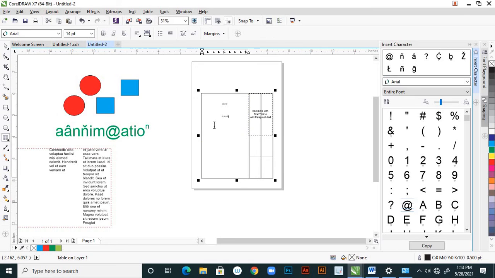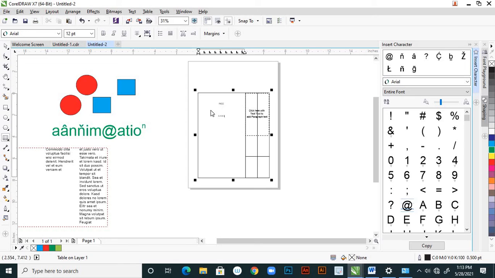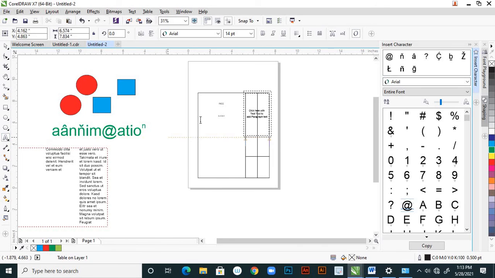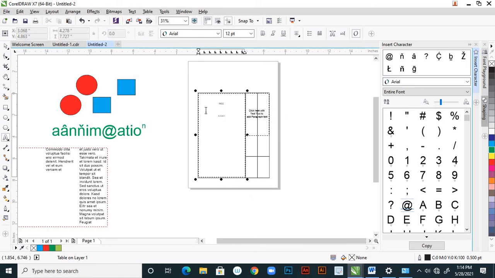So here you can write whatever you want. Suppose here give some data. Here text, and right click and fill with text.